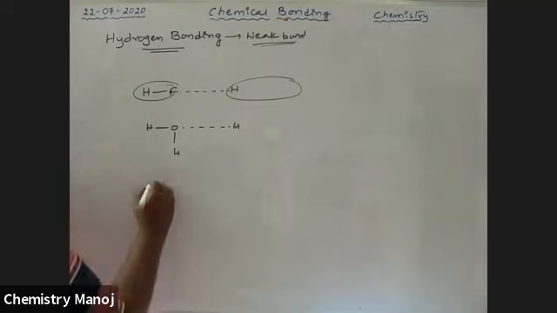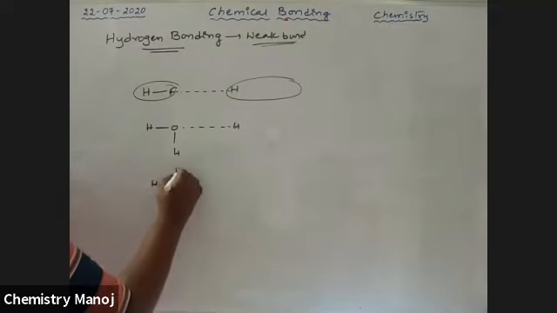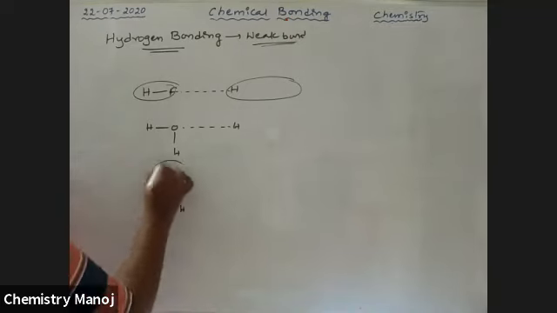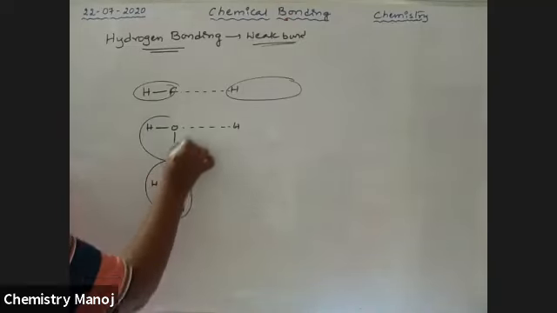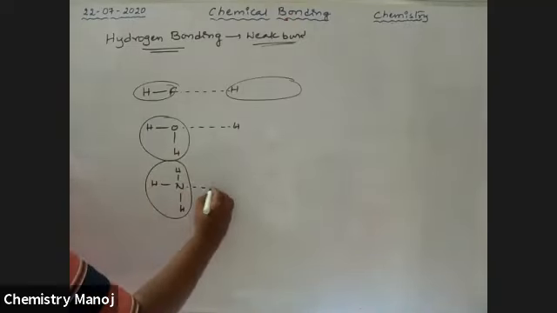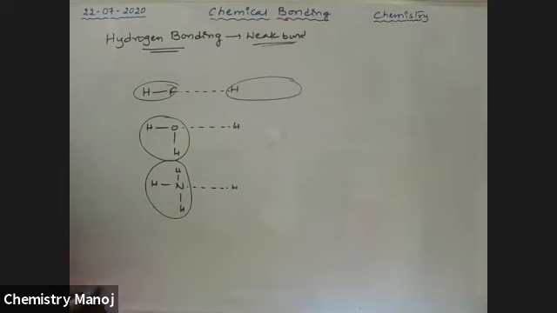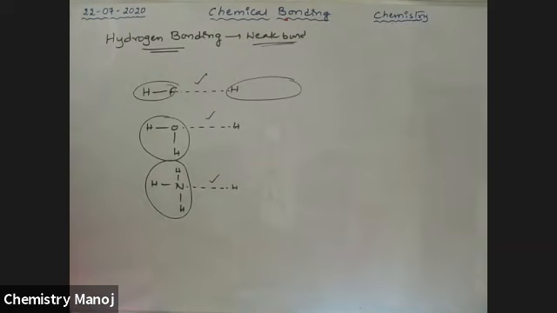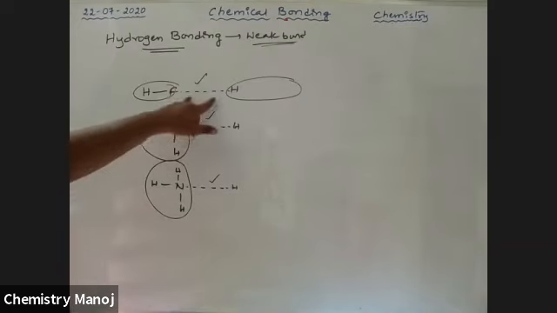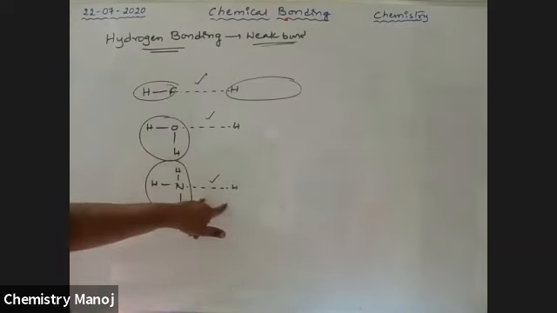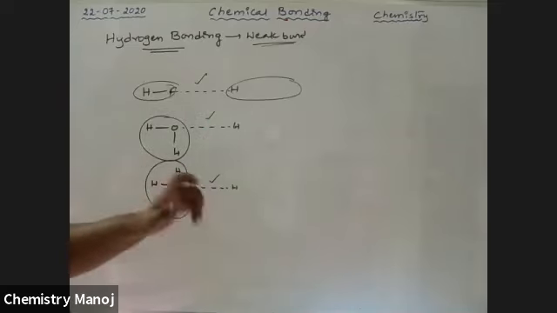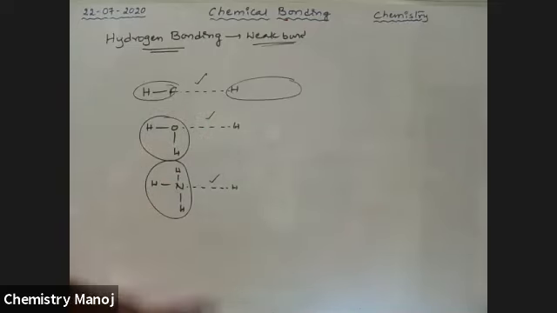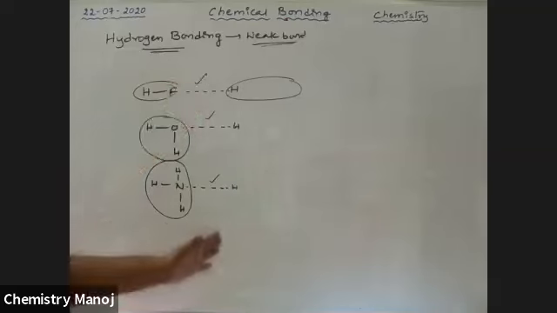Next, there is an NH3 molecule. So this is a water molecule, this is an ammonia molecule, and this is bonded with hydrogen. All these are hydrogen bonds, no doubts. Listen carefully. All these are hydrogen bonds. Now, do all these hydrogen bonds have the same strength or different strength? That means, do they all have equal hydrogen bond energy?